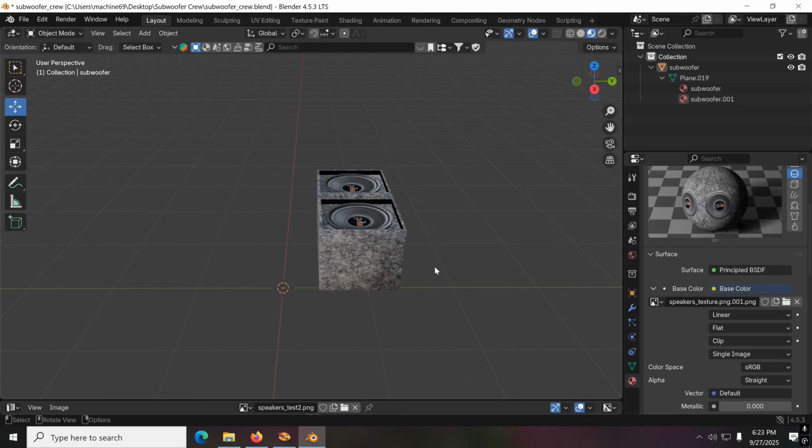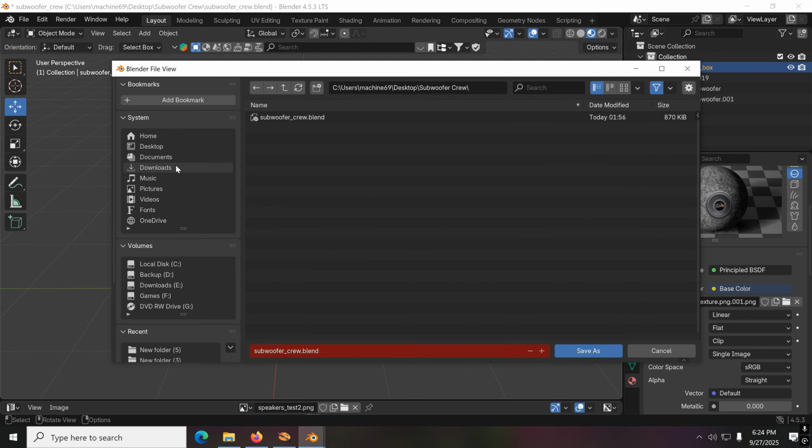We're going to get back into Blender. We're going to use object mode, click on the speaker box, double left click here, and name this something unique. Then we're going to click File. We're going to save as a Blender file, but you have to make sure that the name coincides exactly with what we just named. And then after you have that named, you'll click Save As, and that file will go